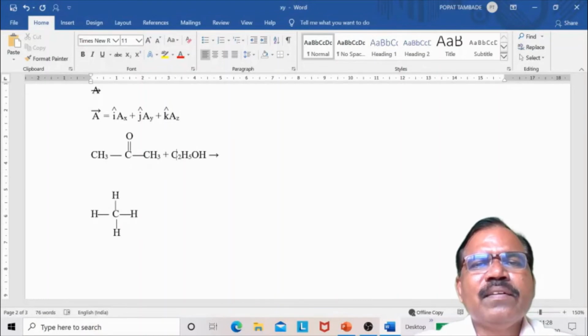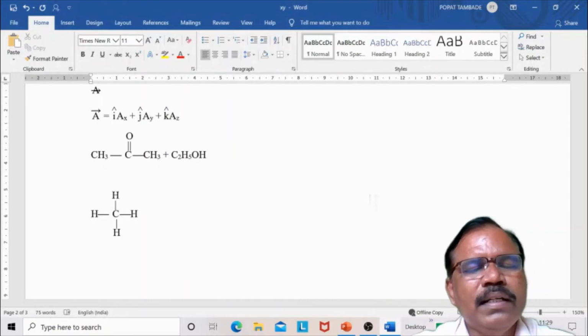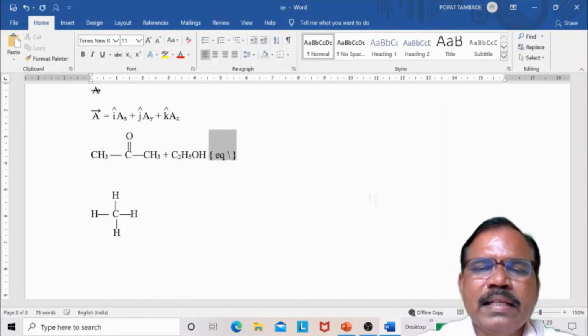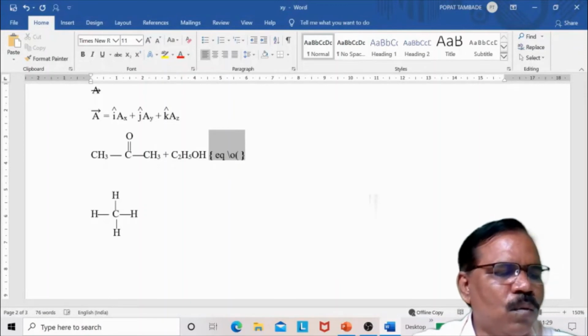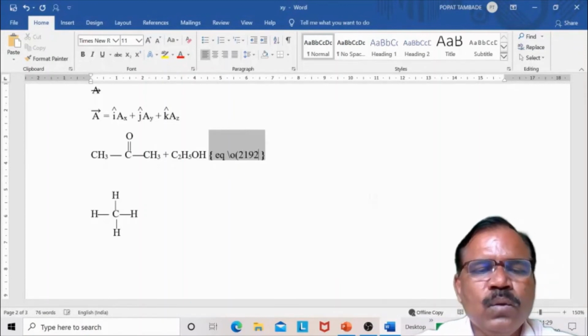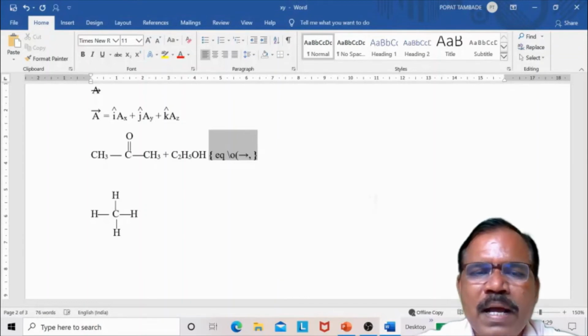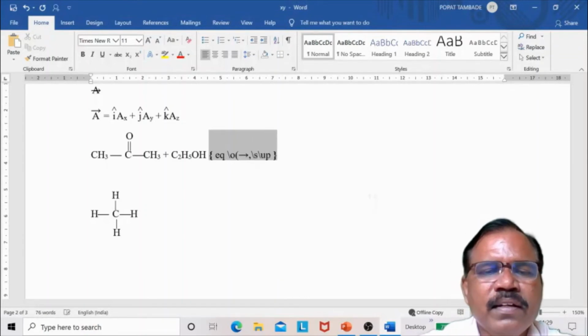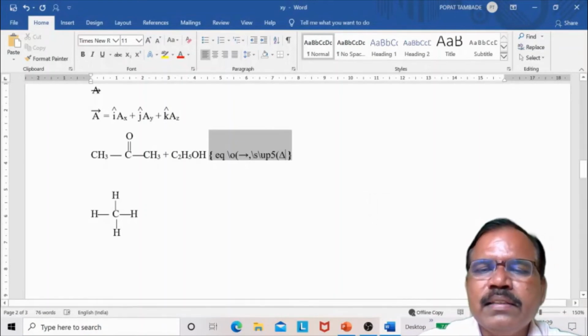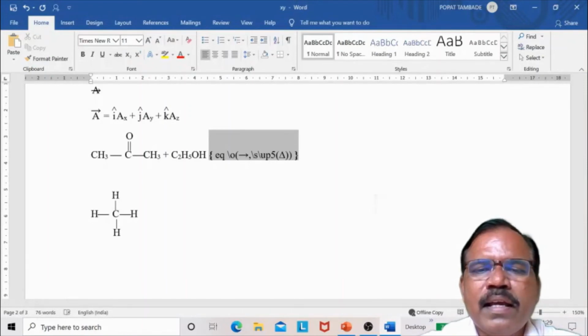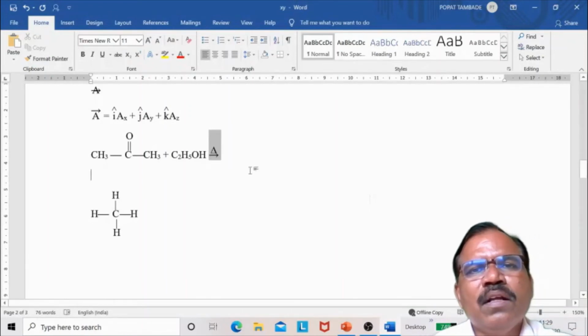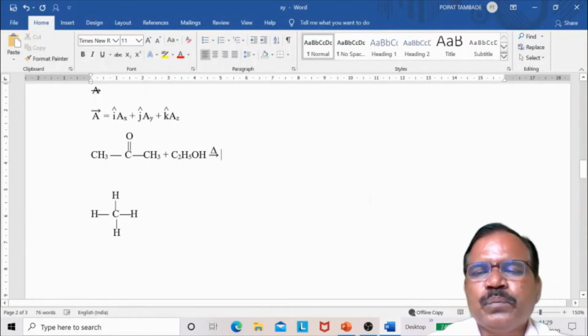Now you can give here on this. Suppose we take, here I have to give hint symbol also. So simply open field EQ, now backslash O. Now 2192, I'll take this is for arrow. Now backslash S backslash off, I can take 5 point. Then I can take delta symbol, and here I can come out. I will get heat symbol. So in this way you can type reactions also.